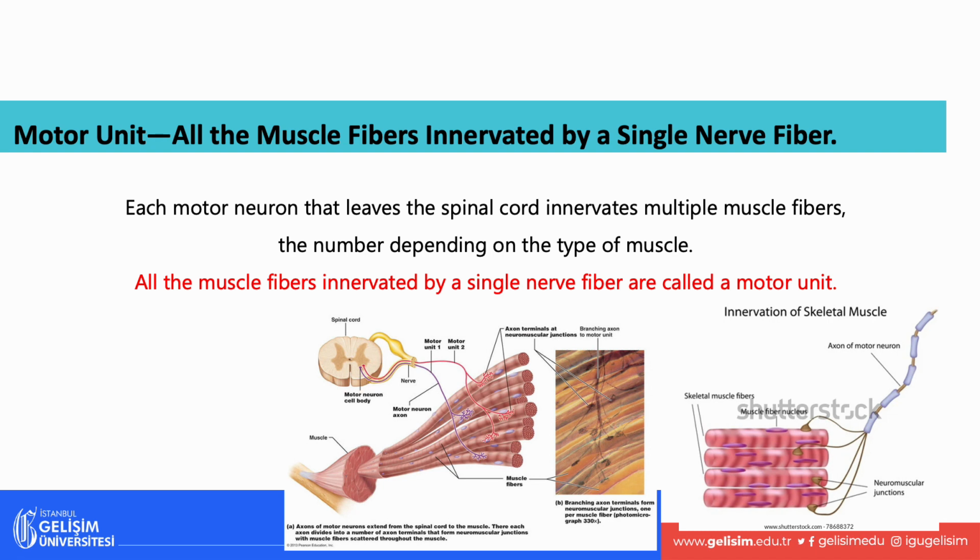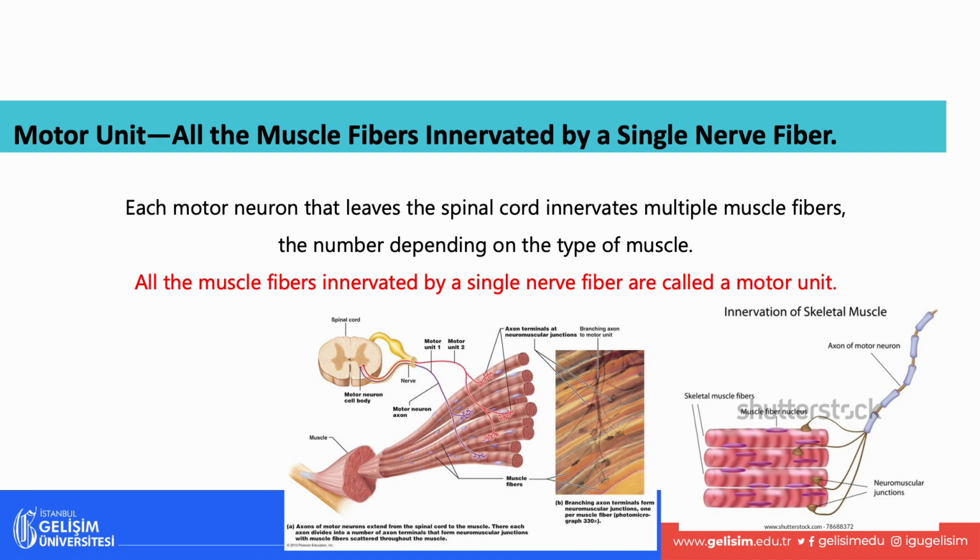Each motor neuron that leaves the spinal cord in the human body is responsible for innervating multiple muscle fibers, with the number of muscle fibers innervated depending on the type of muscle. The group of muscle fibers innervated by a single motor neuron is called a motor unit. So we have a motor unit here, another motor unit here, another here, and another